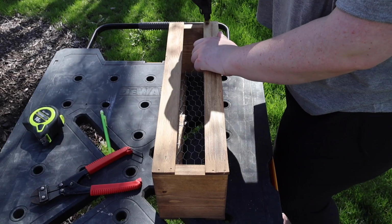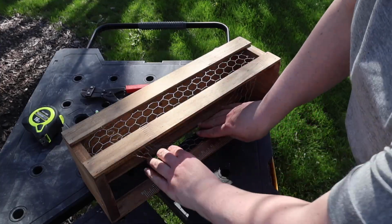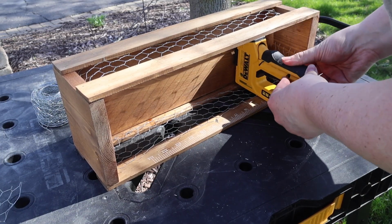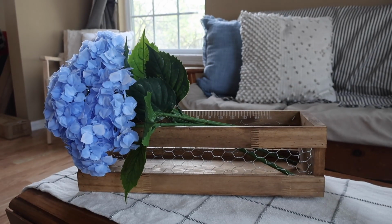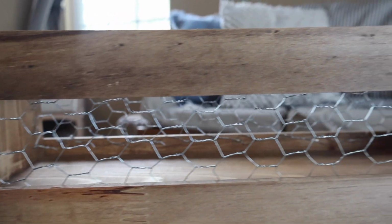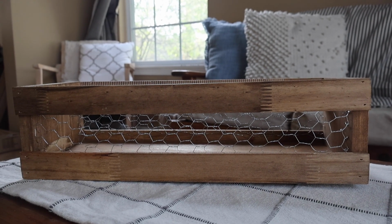Then we're going to add it to the other side, do the same thing, staple down that chicken wire, cut any excess, and voila! I am so happy with how this turned out. I love the color plus the chicken wire. I like that it's a little more modern farmhouse. It doesn't feel full-on farmhouse because I'm not 100% farmhouse, like animals in farmhouse, but I like the rustic